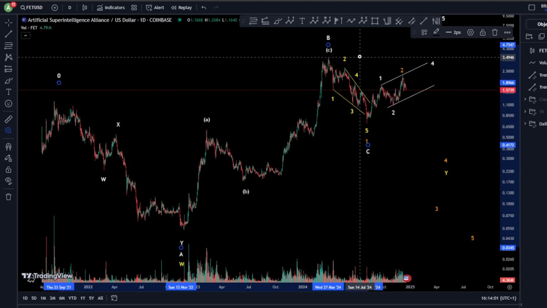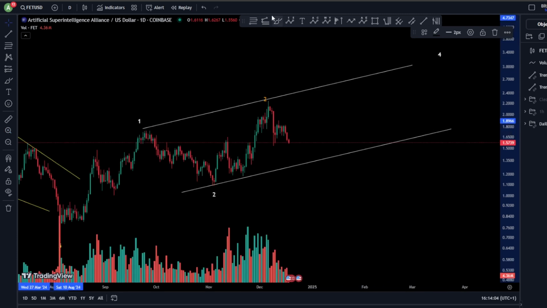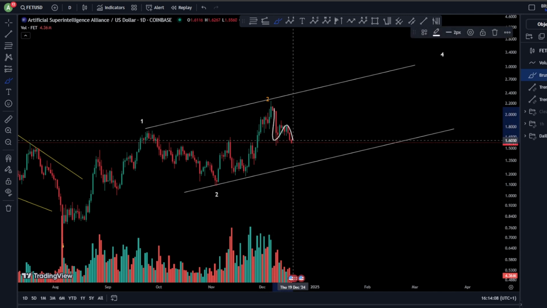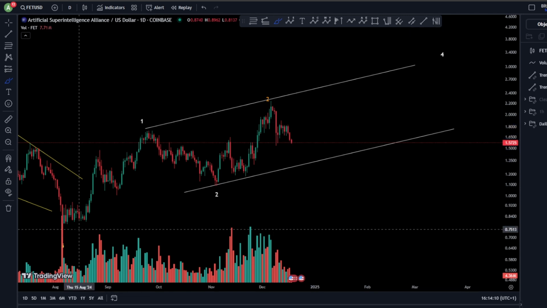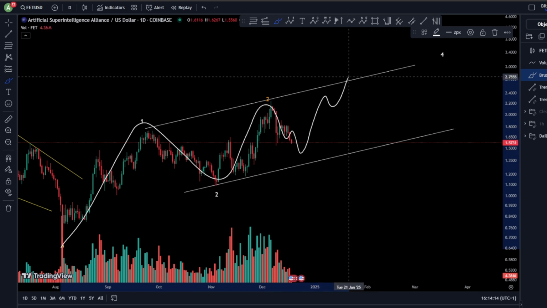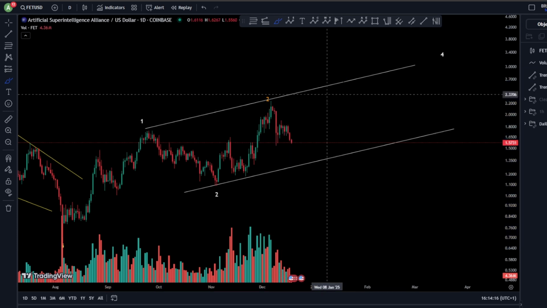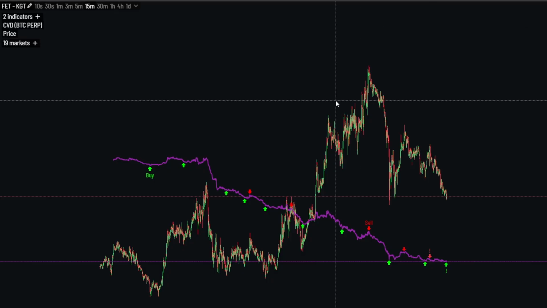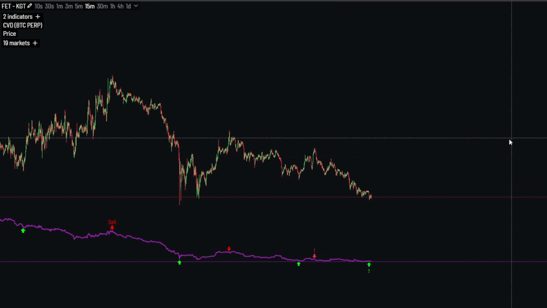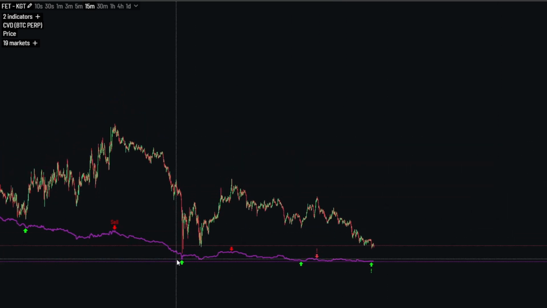Now, what you would like to see if you are bullish is of course a continuation towards the upside after finishing a zigzag here. Because it's going to open the scenario of another zigzag here and of course finishing a contracting diagonal. Now looking at the KGT signals, we can see on the KGT we have some bullish,